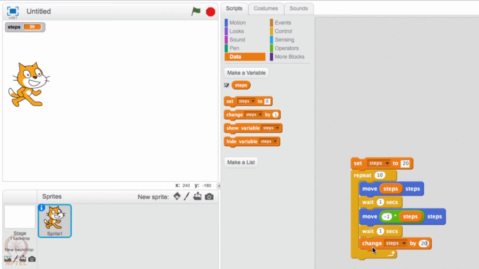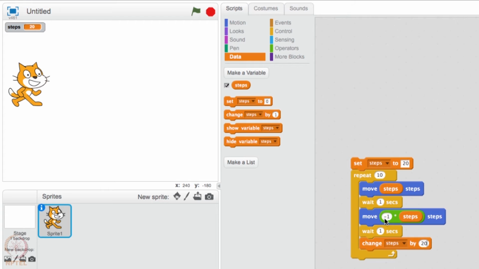Pause, and then change steps by 20 means steps is no more 20, it becomes 40. And then come back and start from here. You see, I don't again assign steps 20 here. I come back here and then continue. What is steps now? It is actually 40. So wait for a second. You will move 40. Wait for a second and then move back by 40 and so on.